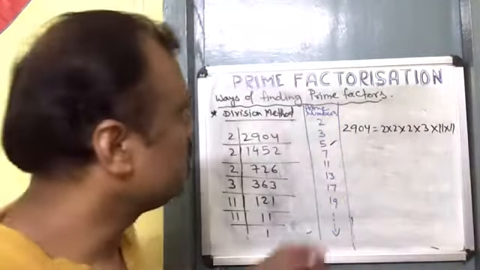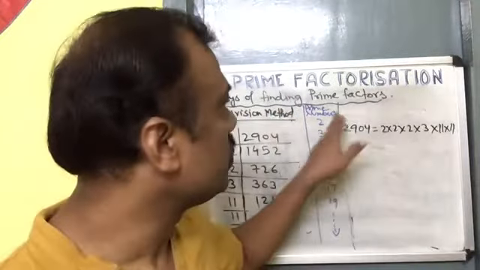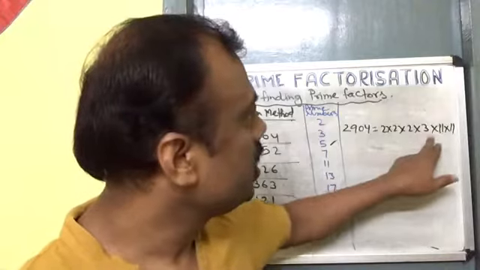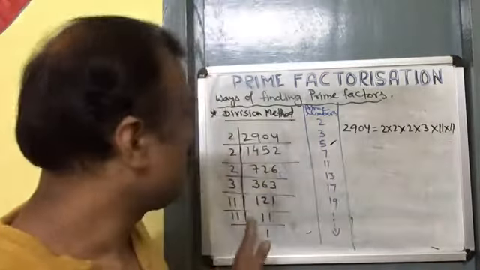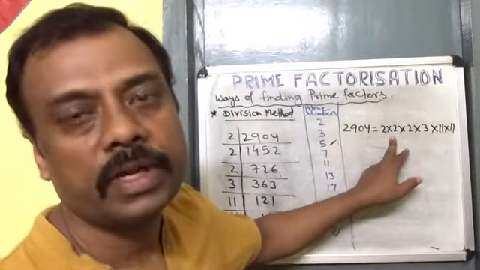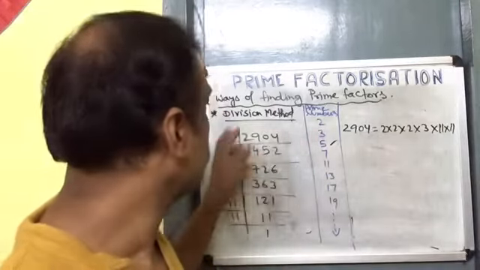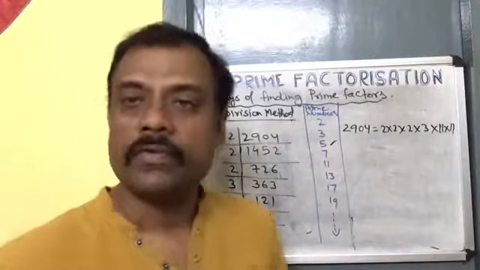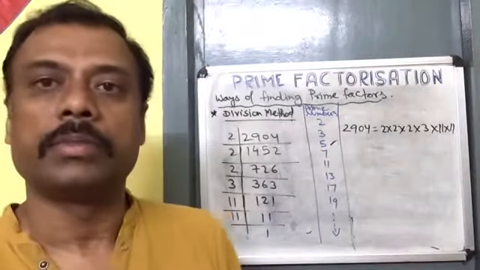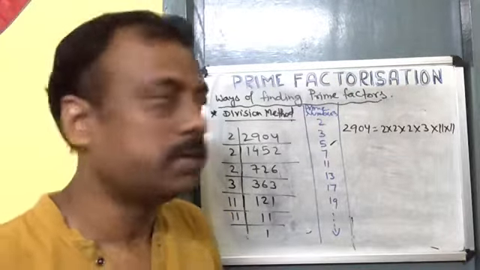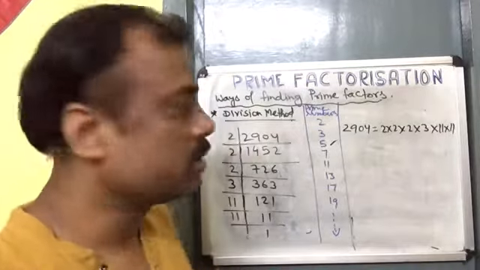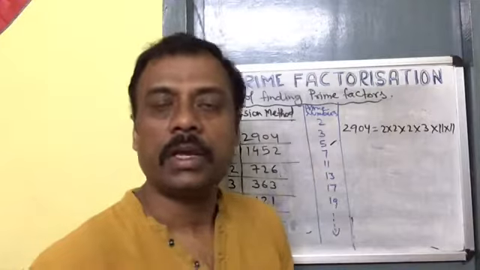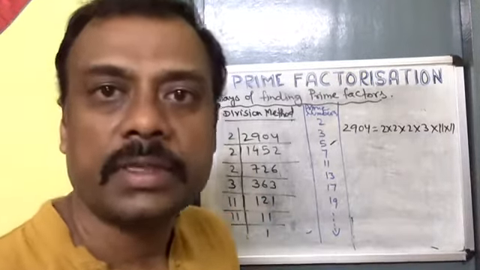In this method, it is very interesting that you start from the lower prime numbers and go to the higher, and you see that in the next higher step no lower prime number will come again. Whenever it is over, it will not come again. So we must verify from the lower numbers. Don't go directly to some other prime numbers by which it is divisible. Let us go and verify some other example.